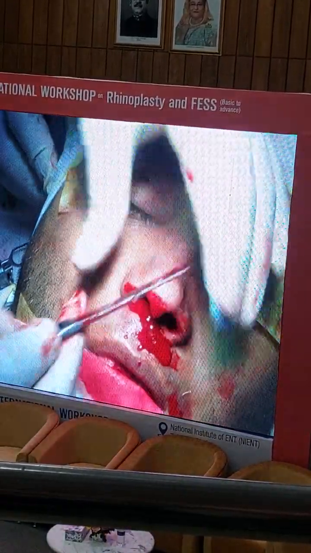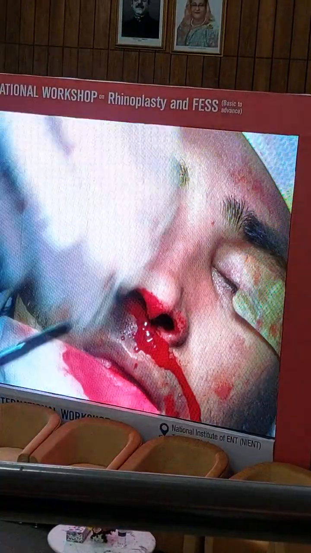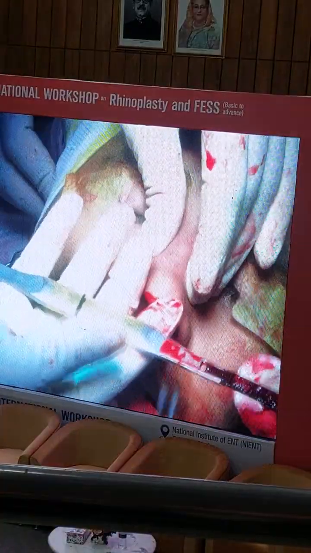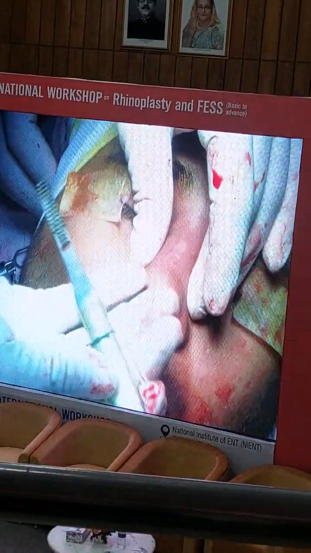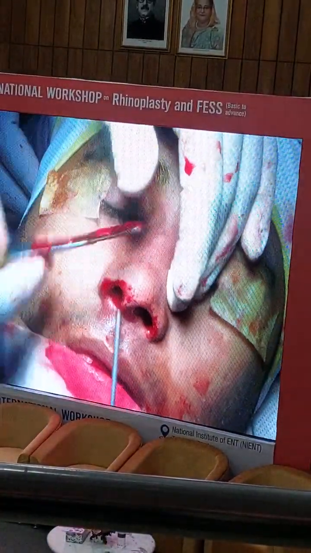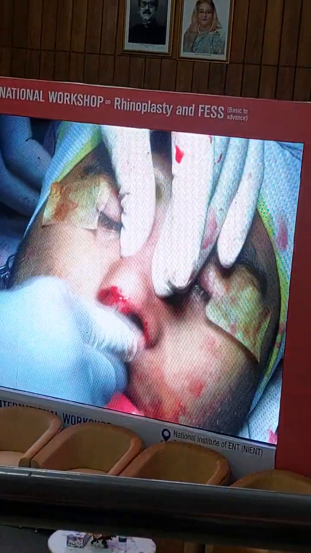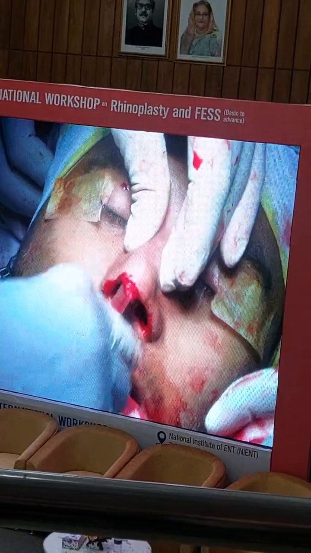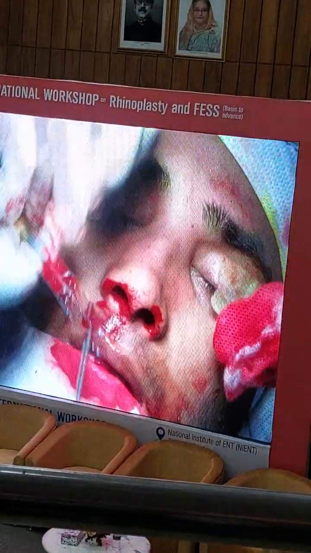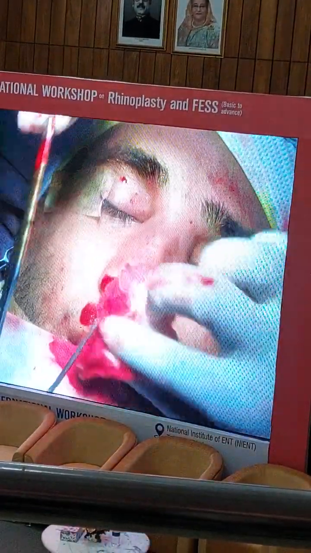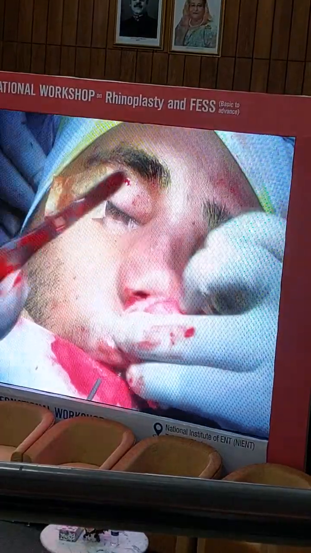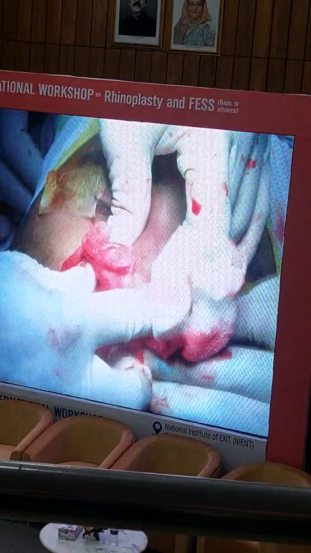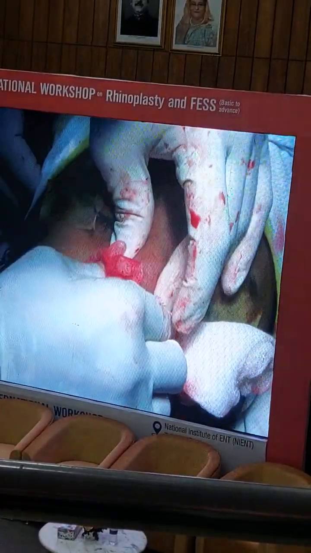Hello, sir. What's the name of this instrument? This is the rasp. One rasp is number 3, one is number 4, one is number 5 and one is number 4. The beauty of this instrument is that you have a key, so you can remove this, and when both are blunt, you can change this one. So there is no need for entire instrument replacement. Now give me the number 15 blade.